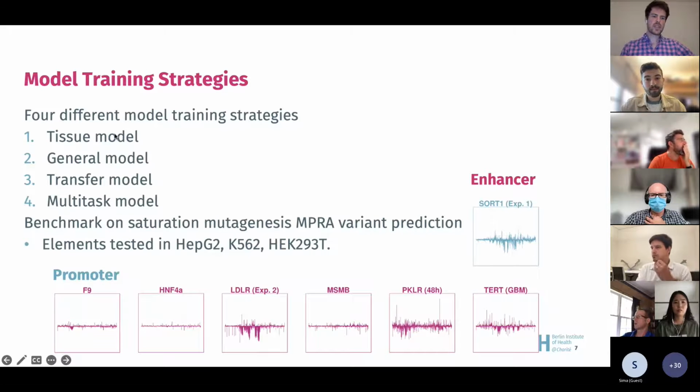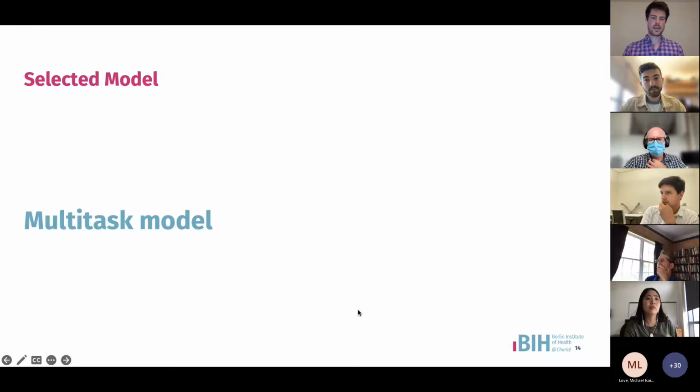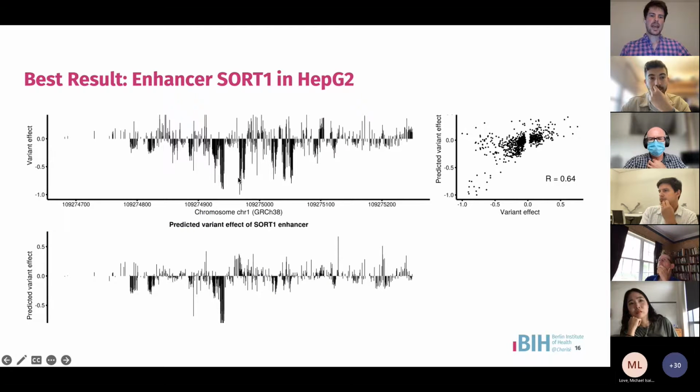We use different strategies in terms of the model, but the main thing I want to say is that we benchmarked our model on the saturation mutagenesis data on these elements that were tested in our cell lines of interest, HepG2, K562, and HEK293T cells. We selected the multitask model, so we predicted every output at once for every cell type, and that's an example. Here on the top, these are all significant effects that we got from the saturation mutagenesis MPRA of the SORT1 enhancer, and down there